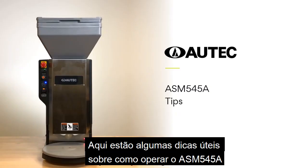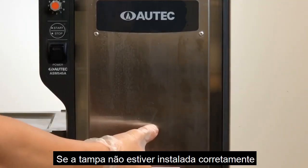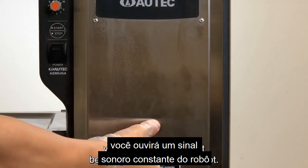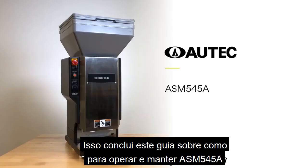Here are some helpful tips on operating ASM545A. If the cover is not installed correctly, you will hear a constant beeping sound from the robot. That concludes this guide for how to operate and maintain